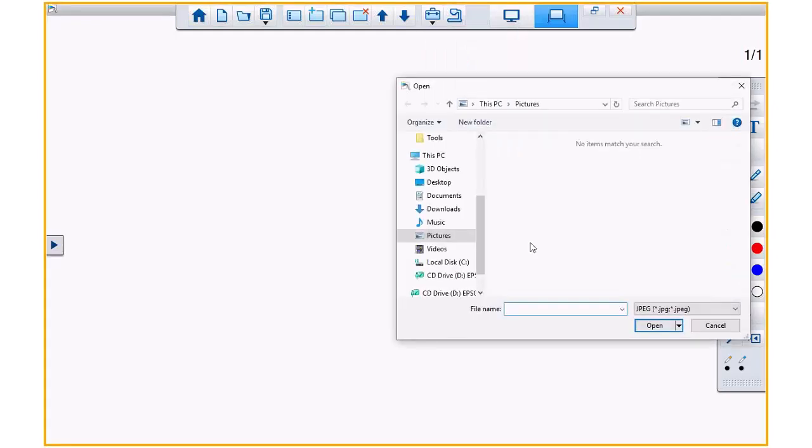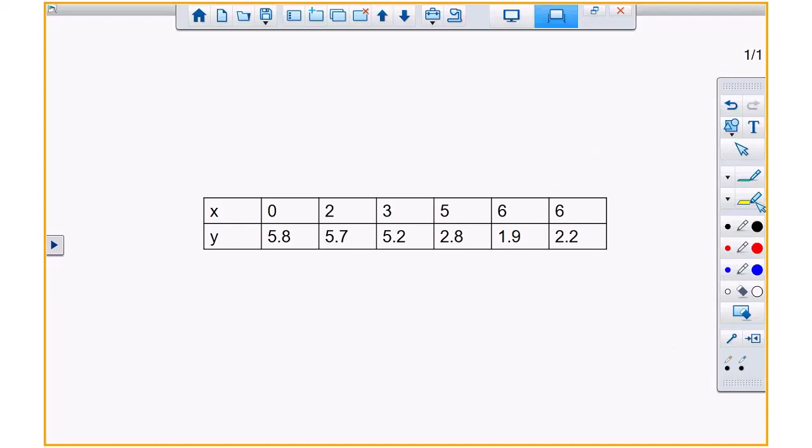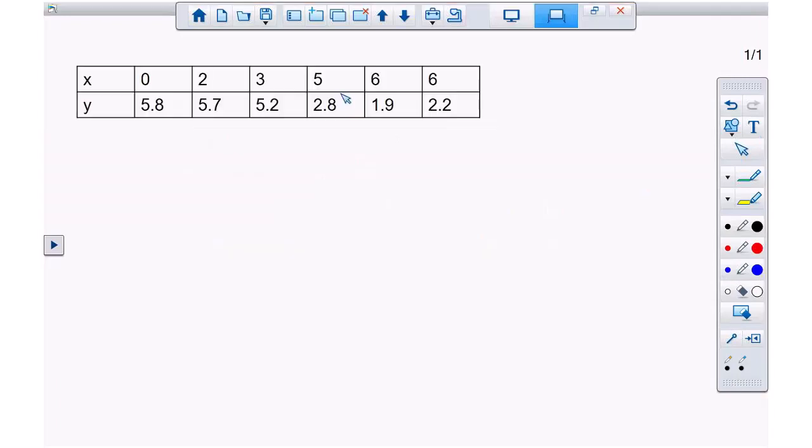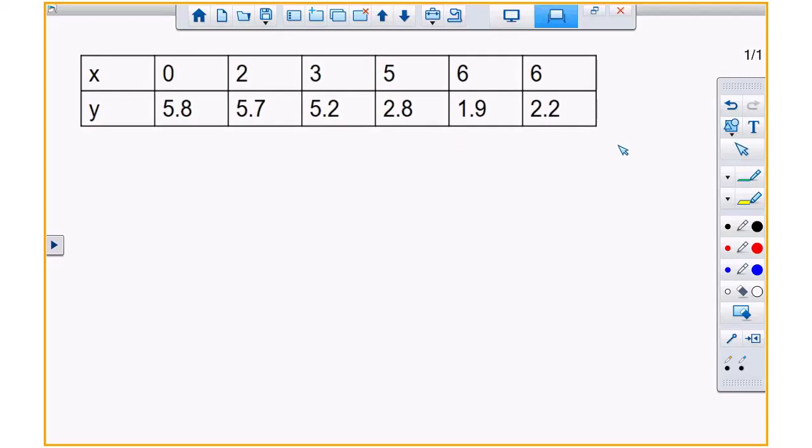I want you to find the slope and the equation of the line of these points. And I want you to use point number 2, the second point. I want you to use this point, and this point. So, I realize that some of you may not know what I'm talking about, but those of you that do, I want you to do as much as you can, and then we'll do it together.